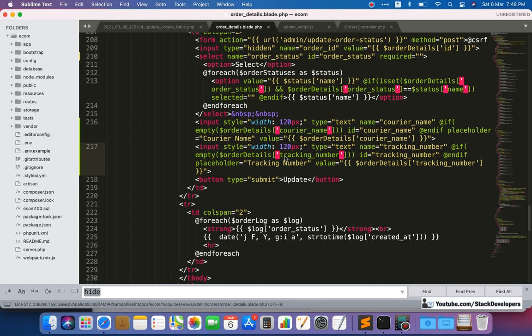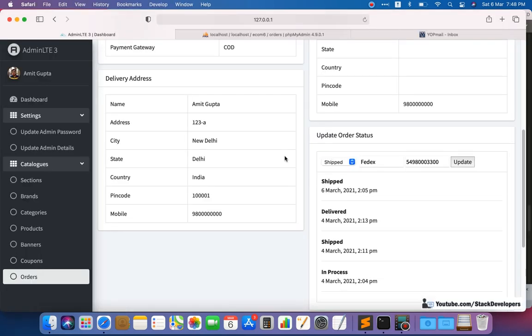Now we are going to refresh. Okay, so here now we refresh, and you can see both are coming fine. Whatever you select, these values will not go away.